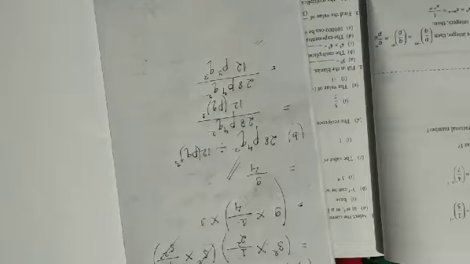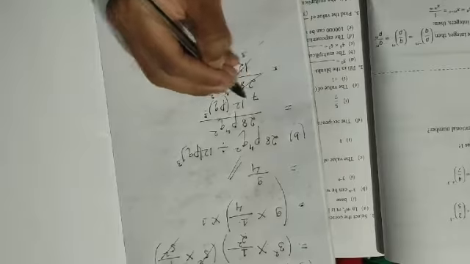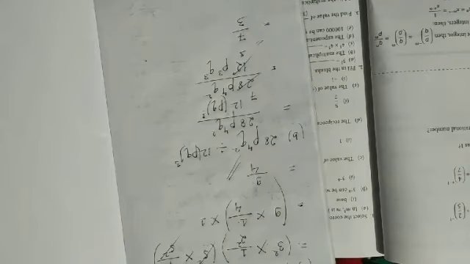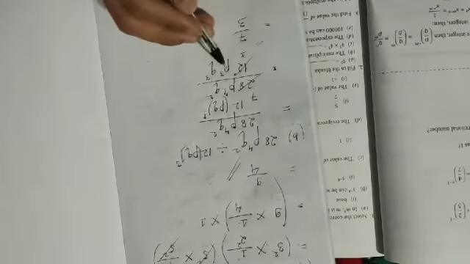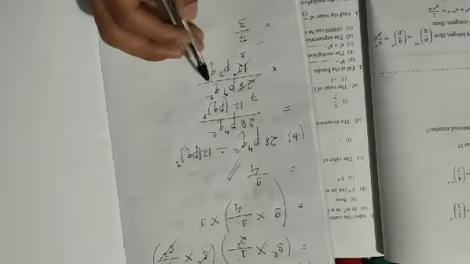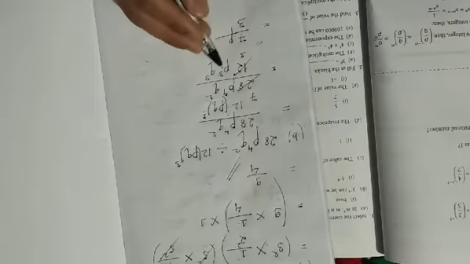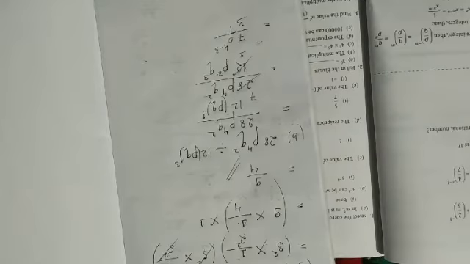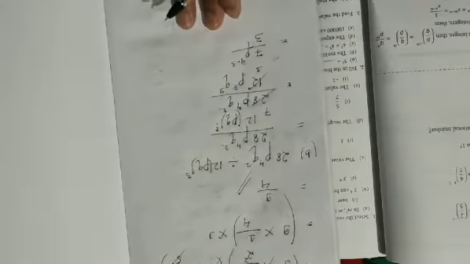Okay, so then what will you get? Now you can cancel. 4 3s are 12, 4 7s are 28, right? So it will be 7 by 3. So now since p to the power 4 and p cube are here, right? So with same base, that is p, so I will take p cube to the numerator, so it will become 4 minus 3. Why? Because a to the power m divided by a to the power n is a to the power m minus n, because the bases are same and we are dividing, the power will be subtracted, right?